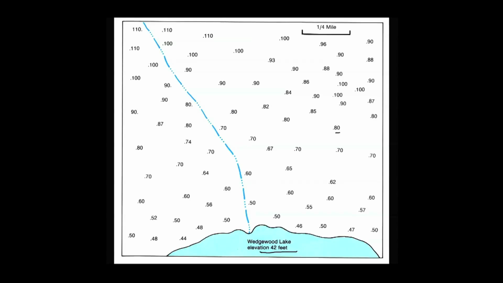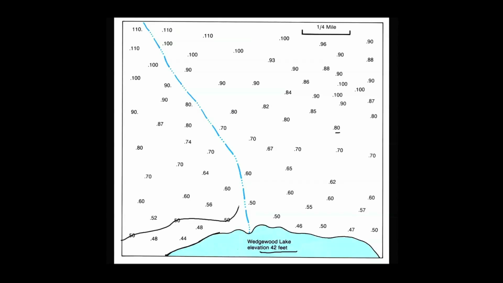When I get started on a project like this, I usually start near a known elevation. In this case, I'm going to start in the south portion of the map because I know this shoreline is at 42 feet above sea level. That defines a shoreline. Everywhere along it is 42 feet above sea level. And I see some 50-foot points that I'm going to connect. I'll be contouring this map on a contour interval of 10 feet.